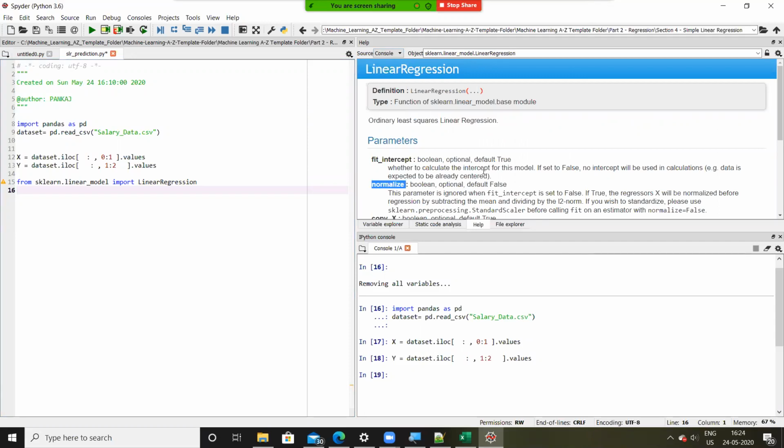See here, it has something called normalize. Default is false. So if you remember, I told you that we need to perform feature scaling, and for feature scaling there are 2 techniques. One is standard scaler and one is normalization.